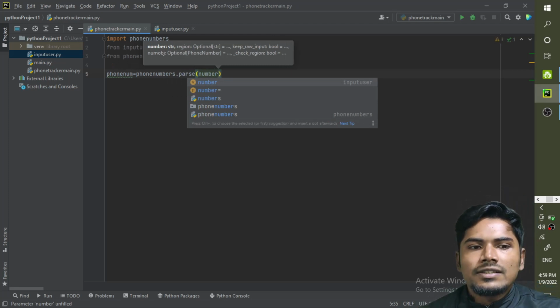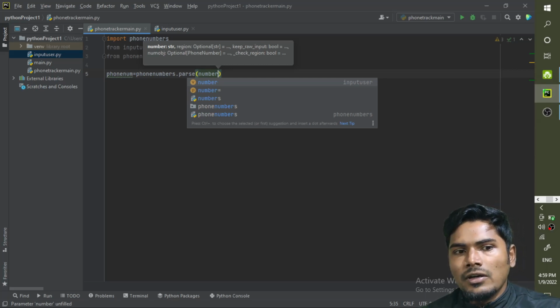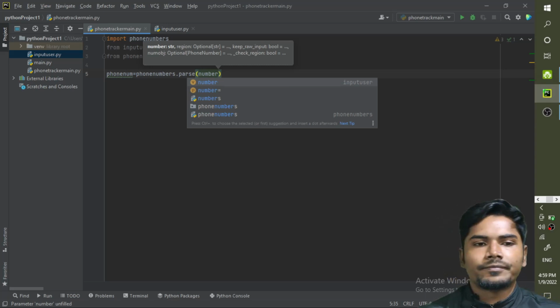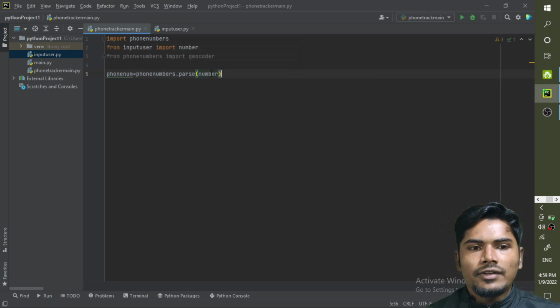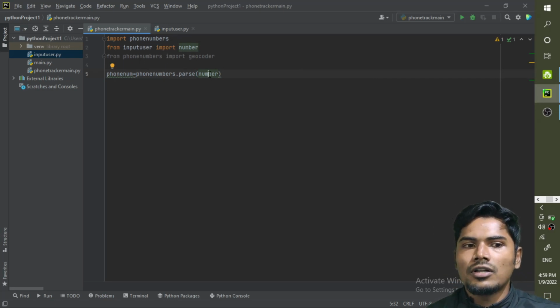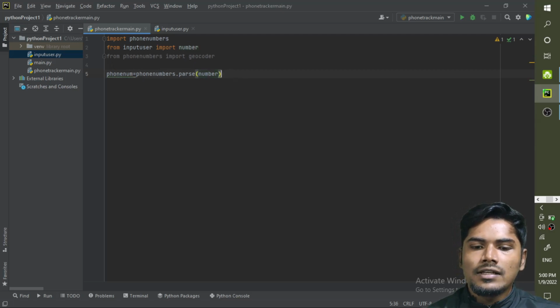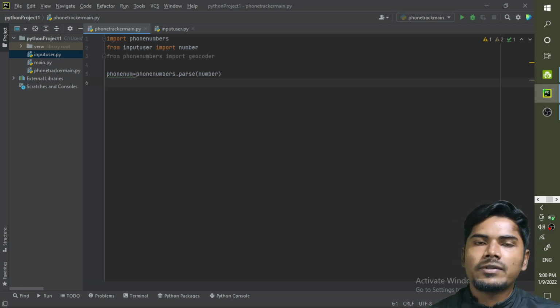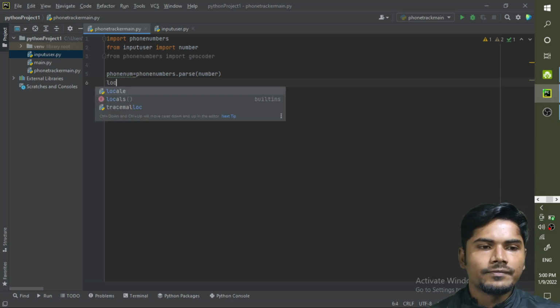Because this function phonenumbers.parse checks whether the number is a numerical value or a string. That's why we pass the number variable into the function phonenumbers.parse, and it is stored in phone_num.